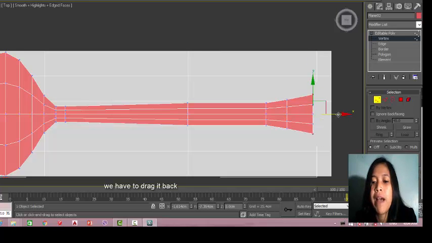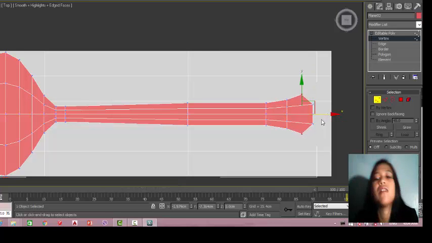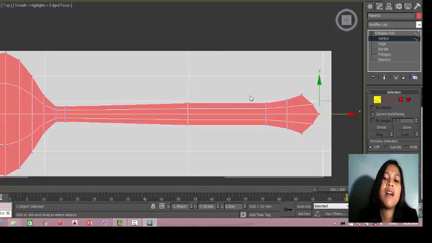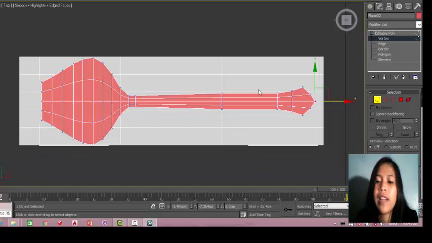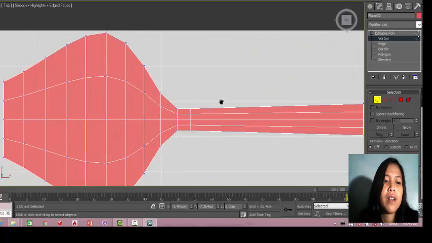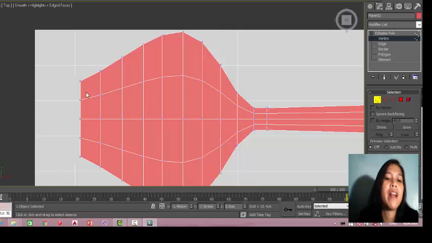You drag it back like this. Also this, I want to drag it forward. I want to make the handle look like this. Then I go on to the head of the spoon.